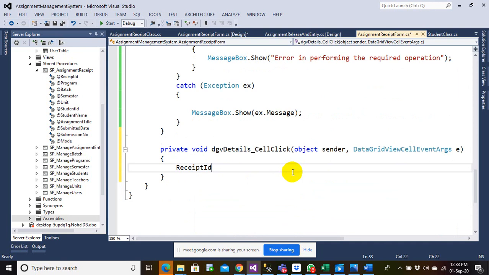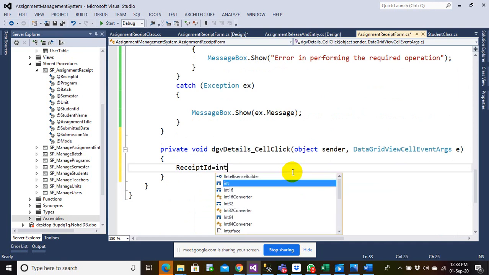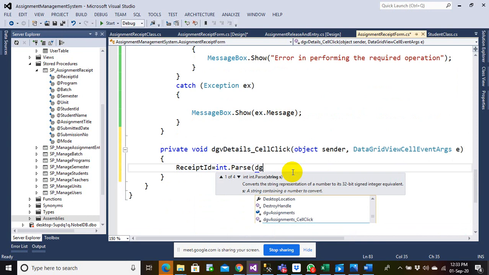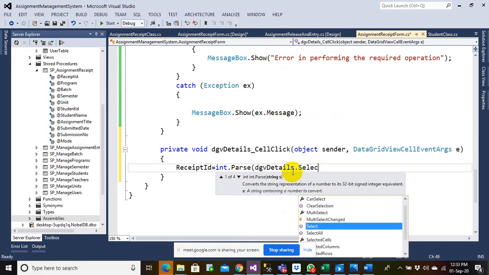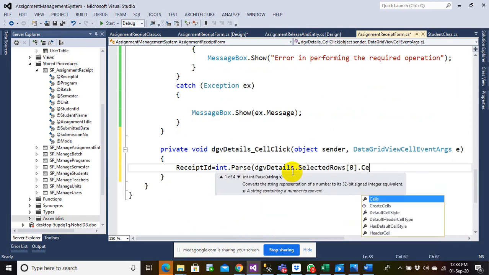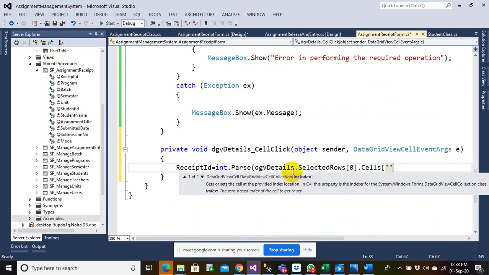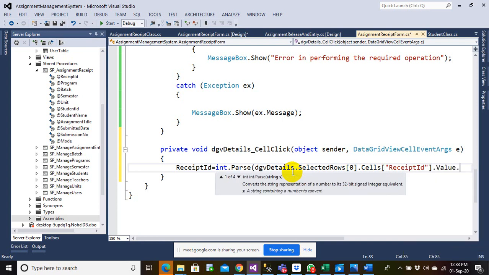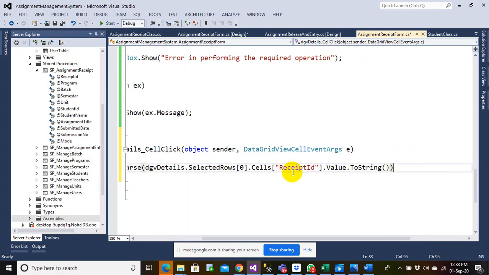So I think I had, okay, so let me just do receipt ID equals to dgv dot selected rows 0 dot cells, and that's receipt ID dot value dot string.